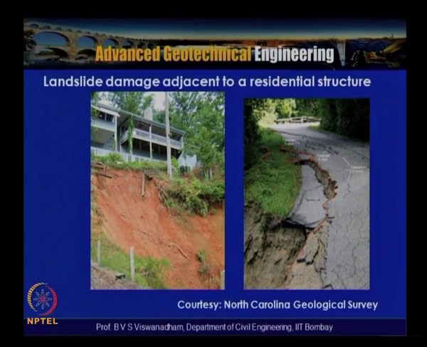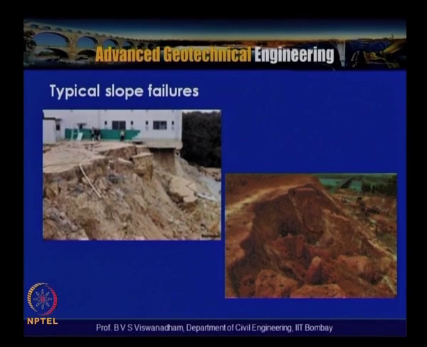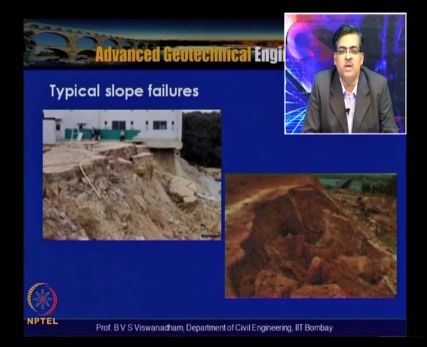So, that means the safety of structures lying or constructed close to slopes needs to be ensured. And this is a typical slope failure beneath a building, where it can be seen that part of the building is hanging and the slope is subjected to instability. And then this is a typical coarse grained slope failure, at the right bottom side of the slide shown here, wherein the slope is subjected to failure because of the presence of some soft soil strata at a certain depth from the surface of the slope.